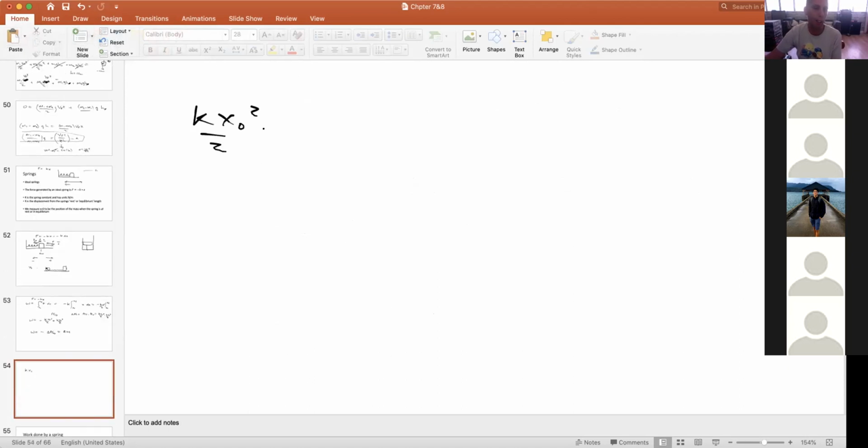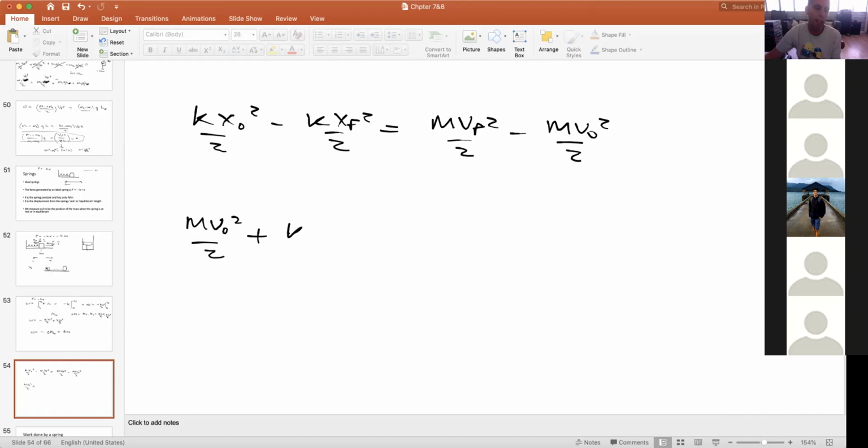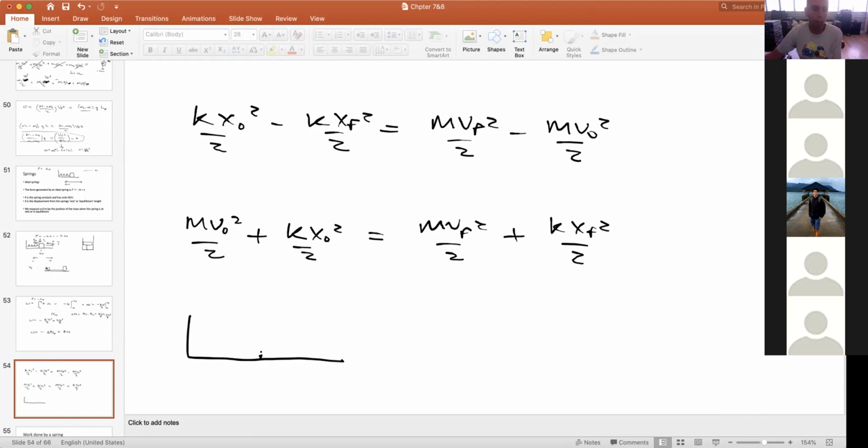kx initial squared over 2 minus kx final squared over 2 is equal to m v final squared over 2 minus m v initial squared over 2. Combining like terms on each side of the equation, m v initial squared over 2 plus kx initial squared over 2 is equal to m v final squared over 2 plus kx final squared over 2, just like we did with gravity. So whenever the spring moves away from equilibrium, we choose a point. Now,